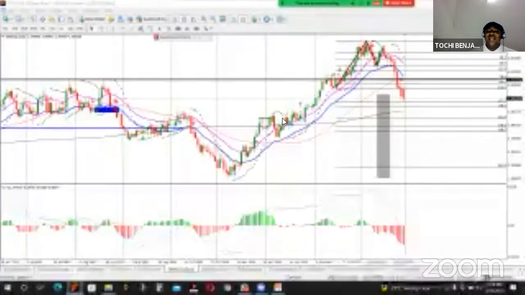Moving average is a lagging indicator. But if you understand price language, you understand your native level, you understand support and resistance very well, you understand the psychological round number, you can actually engage this market early enough before it continues to buy. Moving average traders will wait for it to close above the moving average for them to buy.